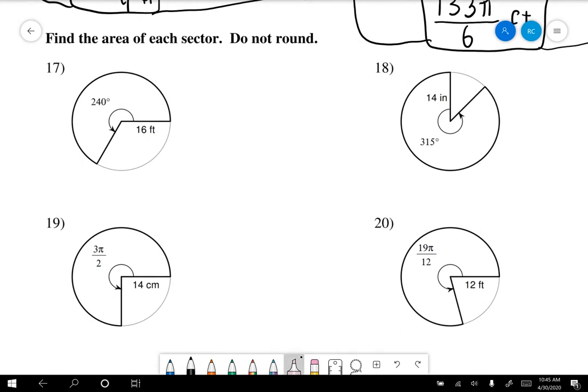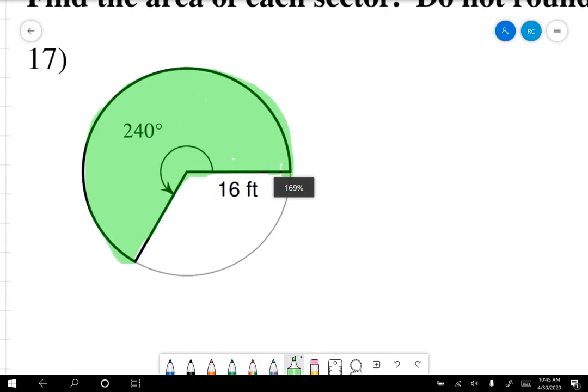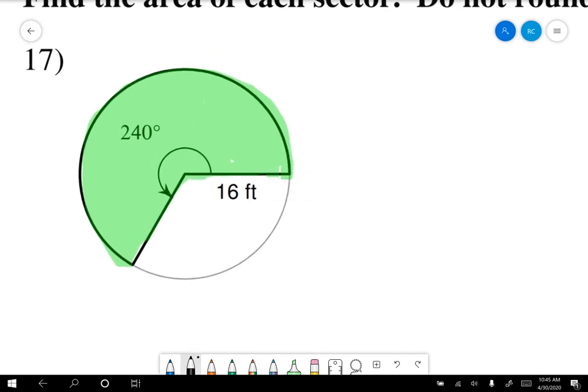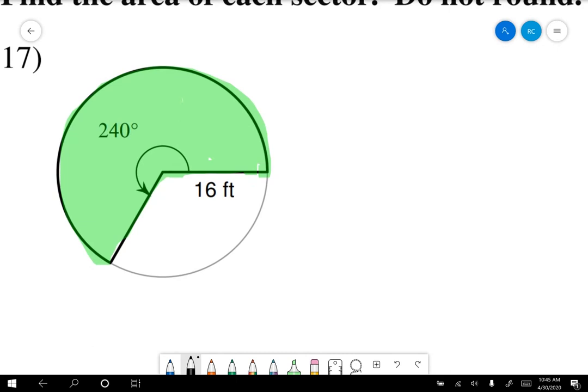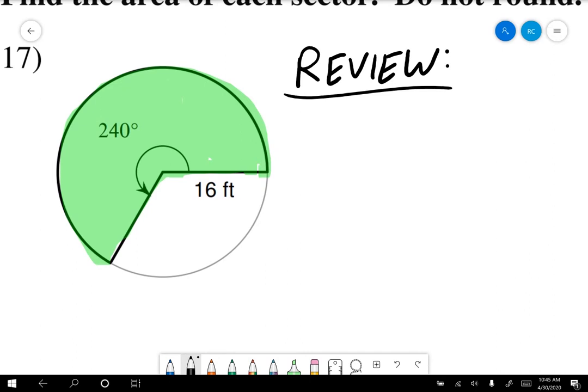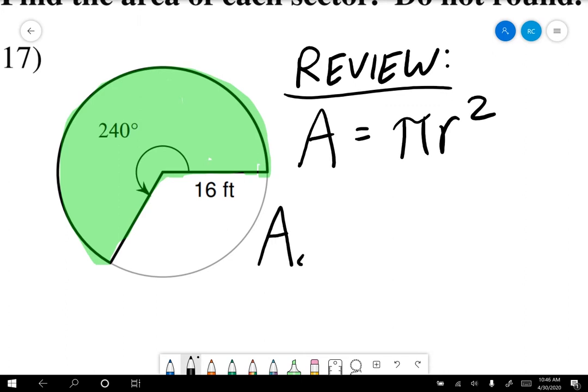Okay, so we're no longer looking just for the arc length. We are now looking for the area of the whole sector. So let's look at this number 17 here. Now, as a review, the area of a circle is pi times the radius squared, pi r squared. So the area of a sector,